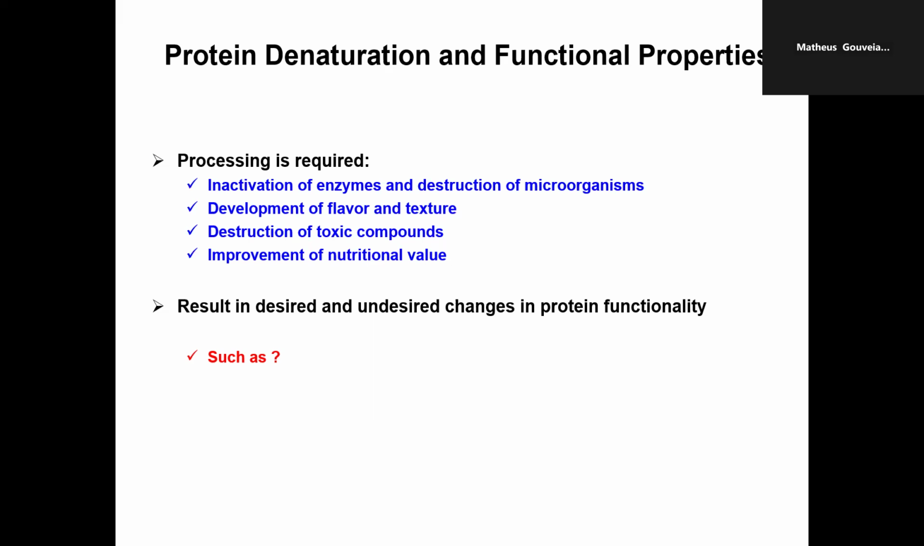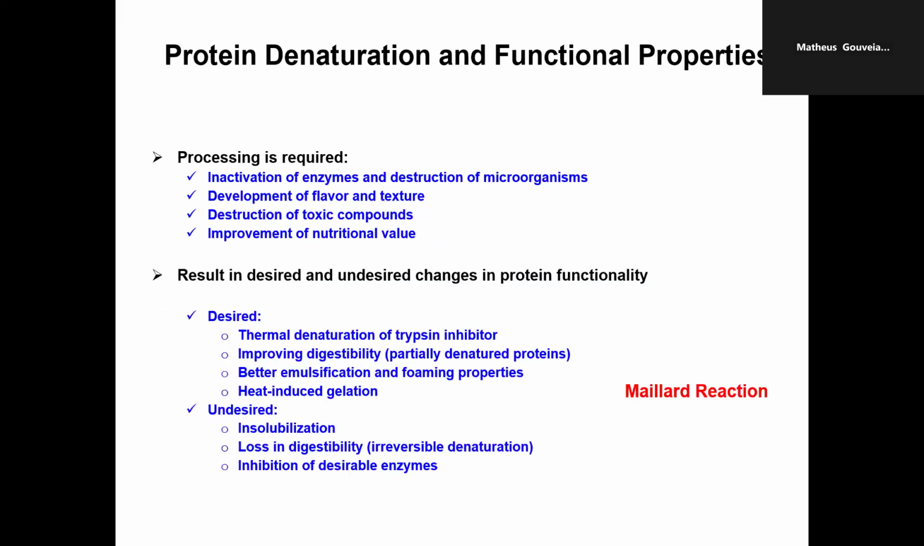Partial denaturation enhances digestibility. Those plant proteins, they are globular, they are hard to digest. Enzymes have a hard time going in and breaking the bonds. So partial denaturation, unfolding, allows the enzyme to digest. So partial denaturation is really good. So that's some of the desired effects. Now, the undesired